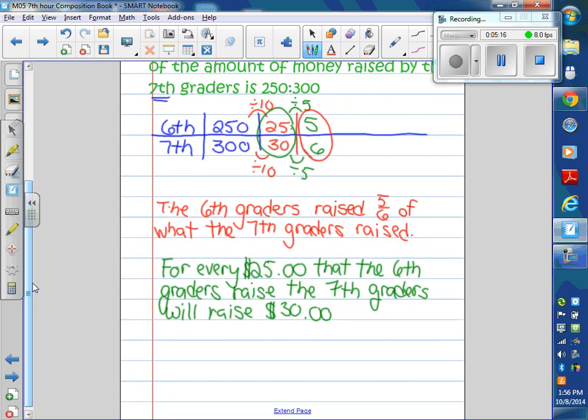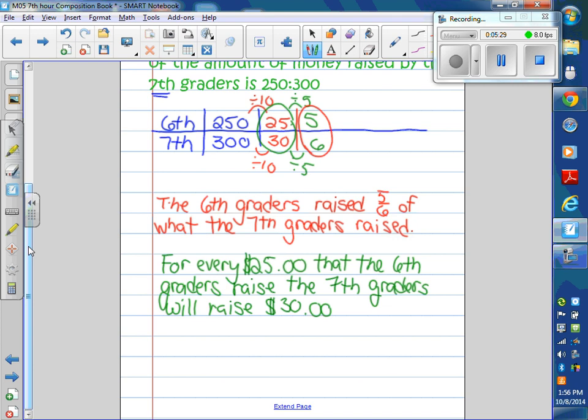So, two different types of comparison statements. One's using a fraction, one's using money, but they both tell the truth about the situation. They're both true claims. I could even use, this will be my last one, 5 and 6 differently than I used it in comparison statement number 1. I could say something like comparison statement number 2. For every $5,